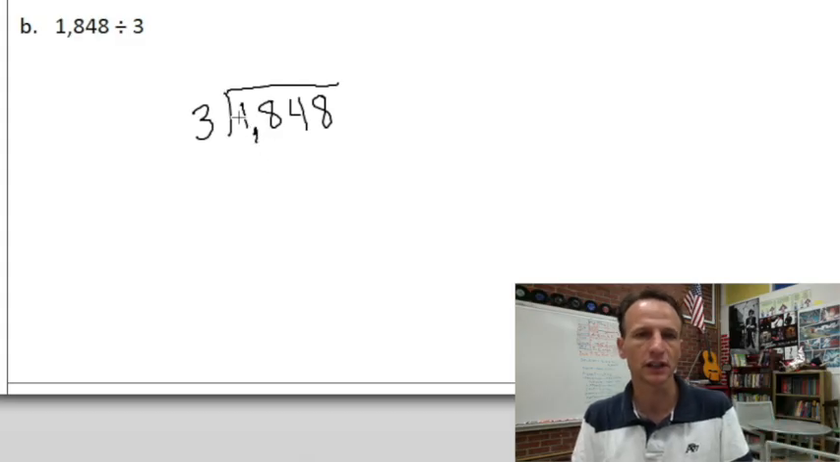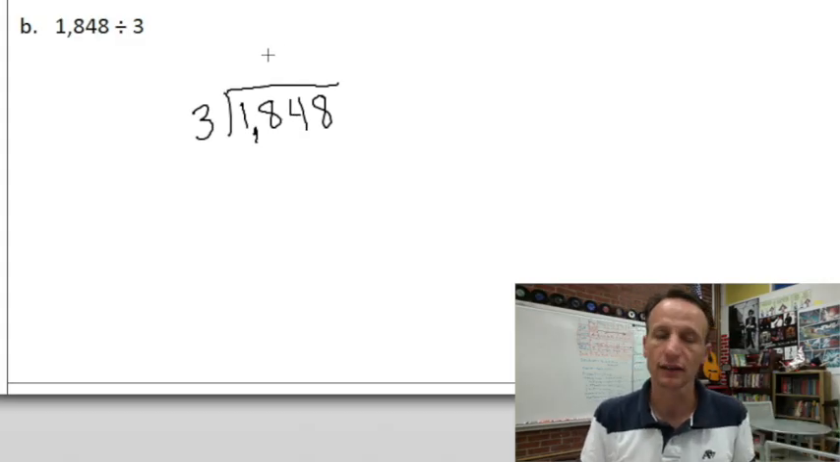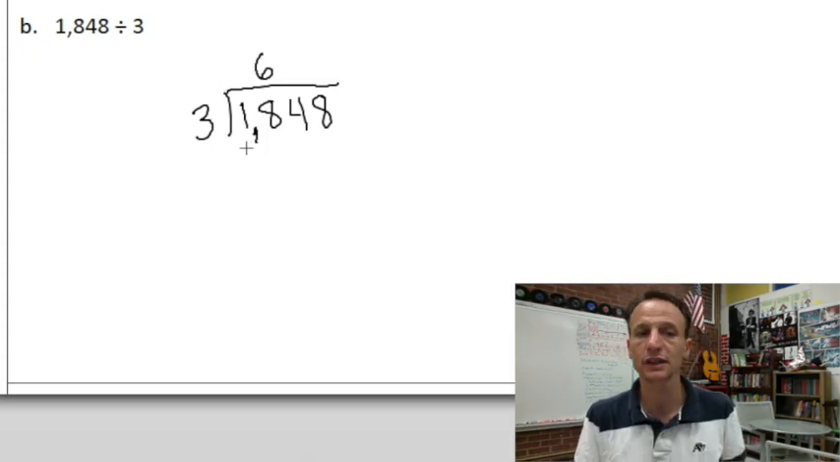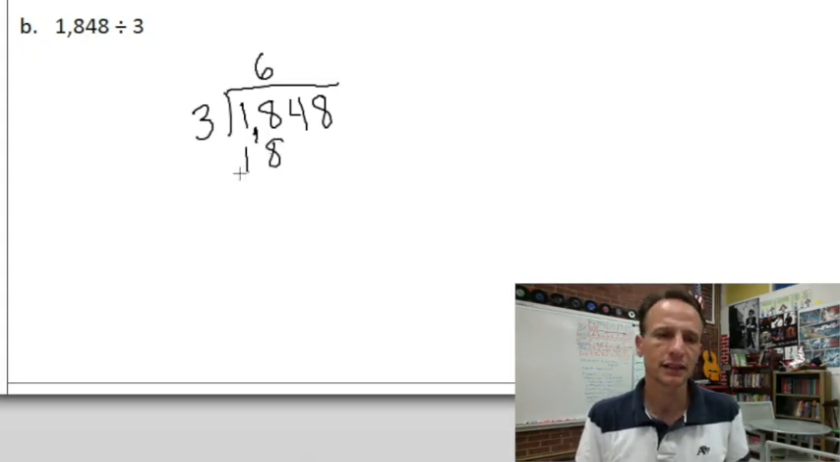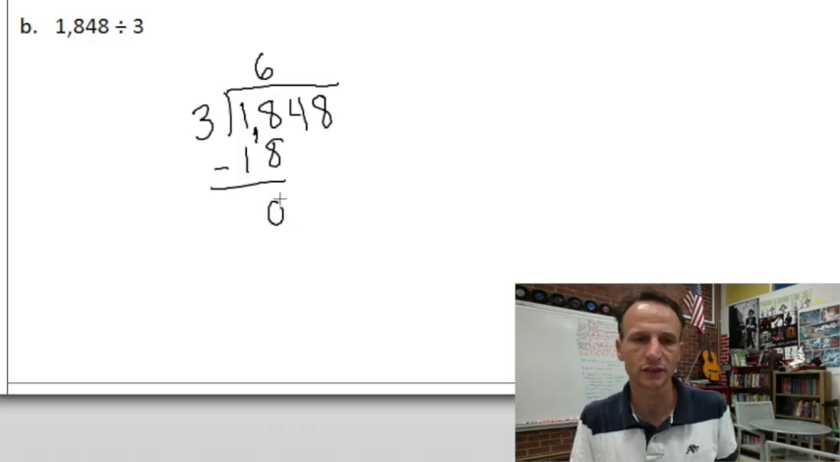I'll make that look more like a comma. How many 3s in 18? Yes, there are, you know your facts, right? 6, because 6 times 3 is 18. Now that's actually 1800s, and I mention that because when we subtract 1800s minus 1800s, we're left with 0 hundreds,